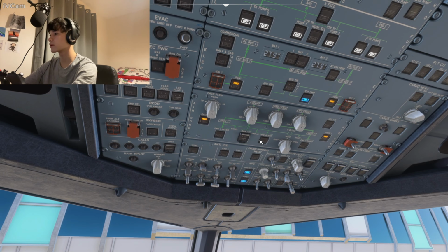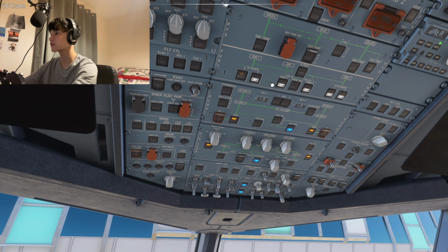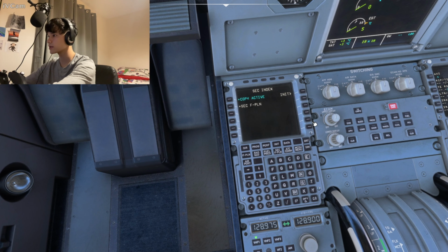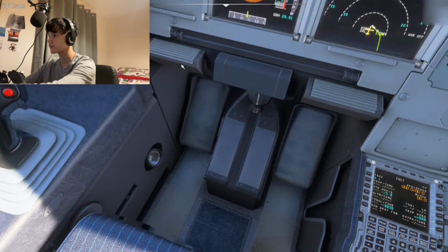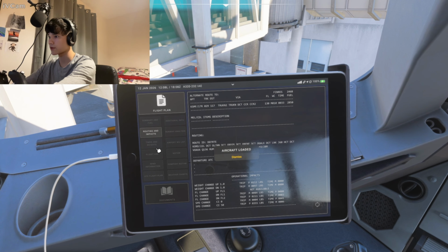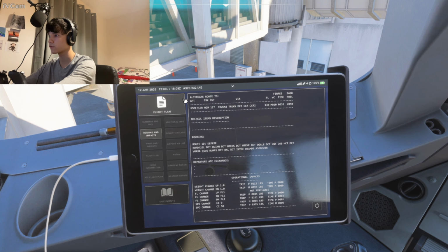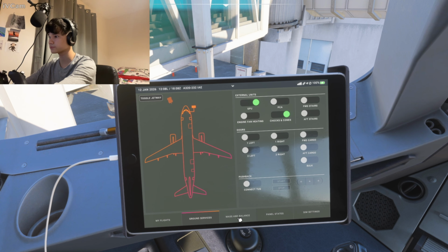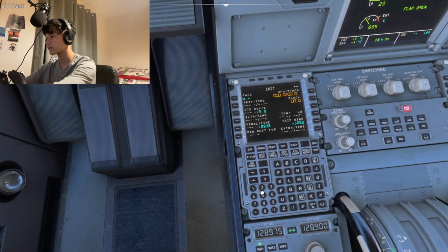Gonna turn cruise supply on and APU bleed on, ready for when it comes on. Fuel pumps can come on for now. We're gonna head back down here to our init page and fill in our fuel and load information. So we're gonna have a zero fuel weight today of, let's see, 138.5,